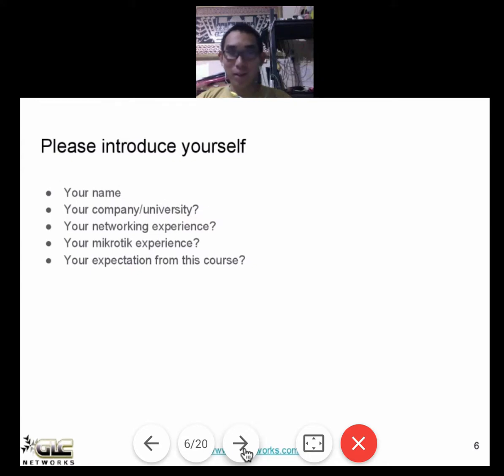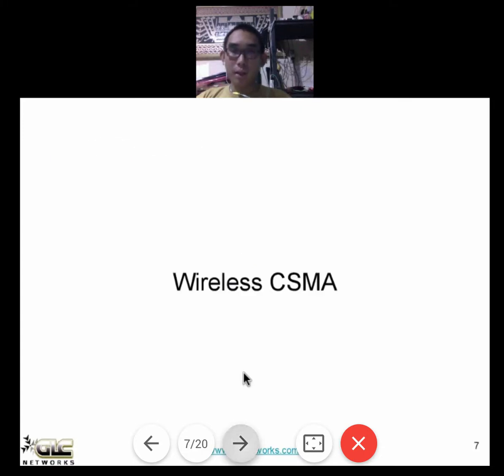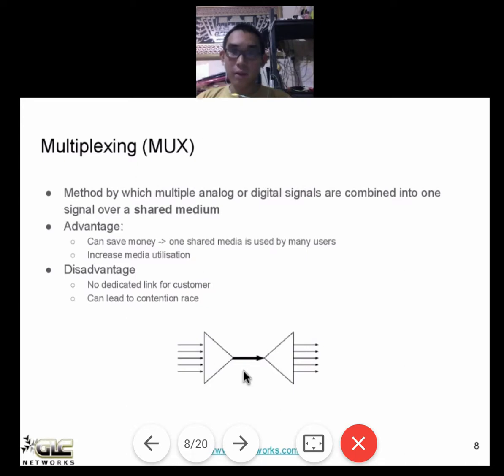So today we'll be talking about a particular topic on Mikrotik, which is wireless, especially the CSMA. So first, before getting into the CSMA itself, we need to understand the concept of multiplexing. I have a strong background in telecommunications, and during my previous work I was working as a telecommunication engineer